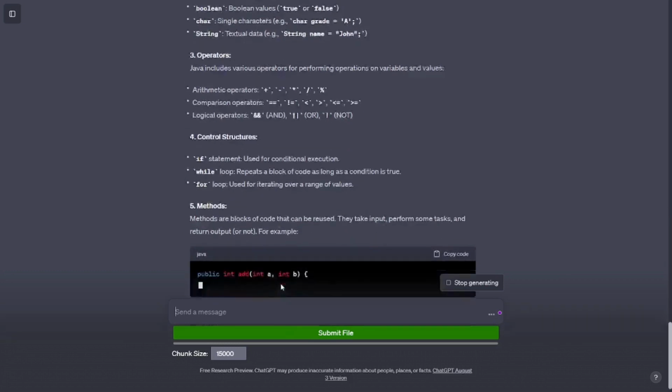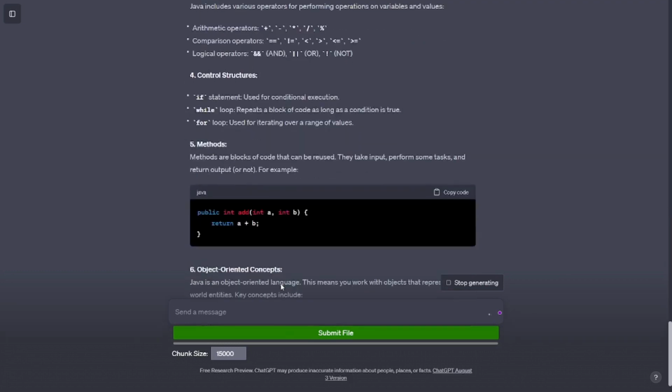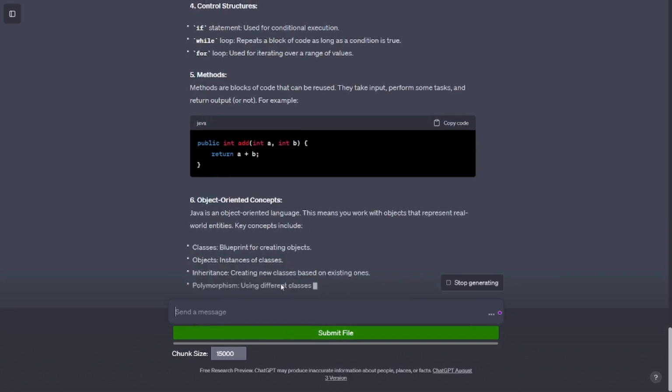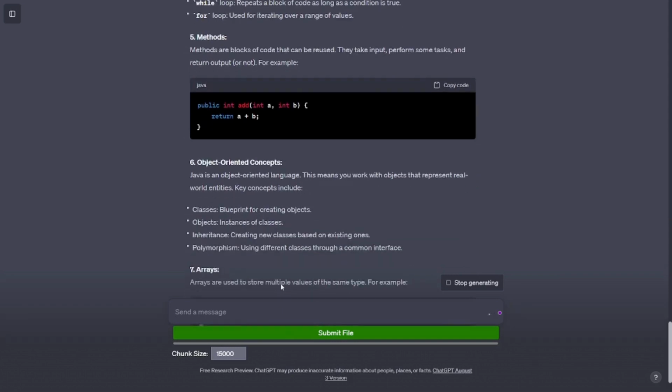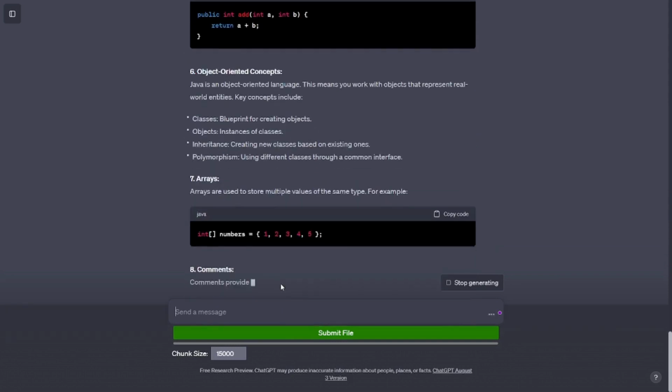boolean, Boolean values, true or false. char, single characters, example: char grade = 'A'; String, textual data, example: String name = "John";